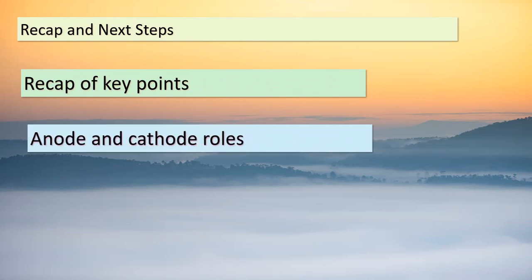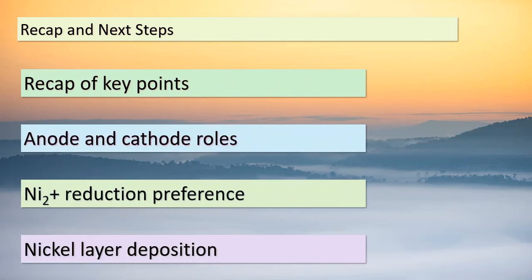Bravo, attentive learners! Before we conclude, let's briefly revisit our adventure. We uncovered the roles of anode and cathode within an electrochemical cell, observing how the reduction of Ni2+ ions takes center stage at the cathode. The preference for Ni2+ over H2O was an enlightening discovery, leading to the formation of a nickel metal layer on